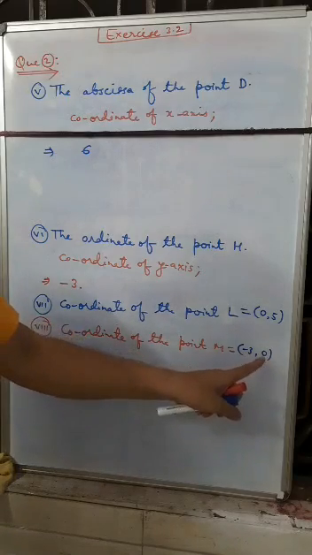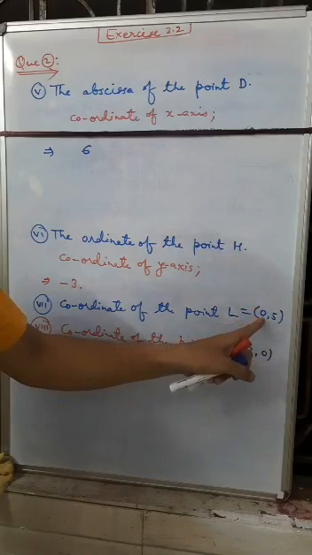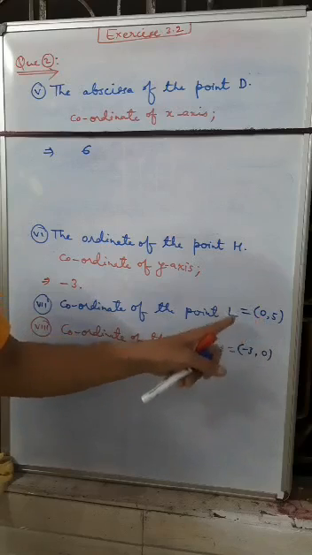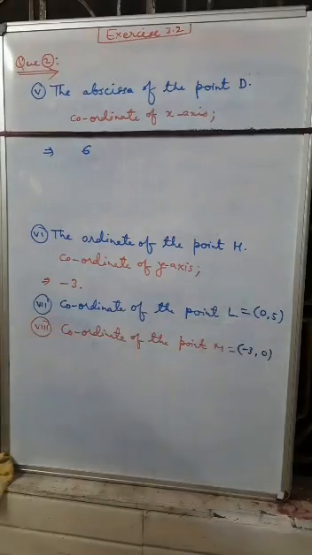Here, 0 represents that this point is situated on the x-axis, or if x is equal to 0, that means the point is situated on the y-axis. So this is the solution of this problem. Draw the figure, or you can also write everything in your textbook for question number 2. But you need to understand how to solve these problems and how to plot the point.